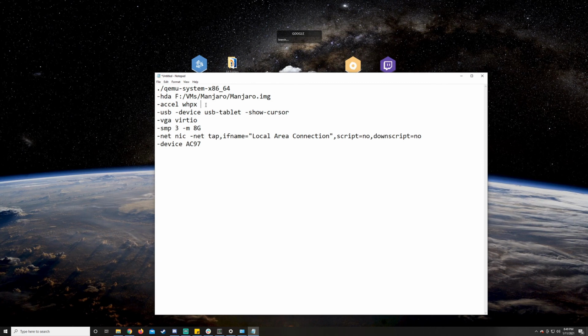As you can see, it made for an extremely smooth experience. The other alternative is HAXM, and you can use that as well if you want. You just put Intel HAXM. I've tested both of these, and while HAXM is pretty good,